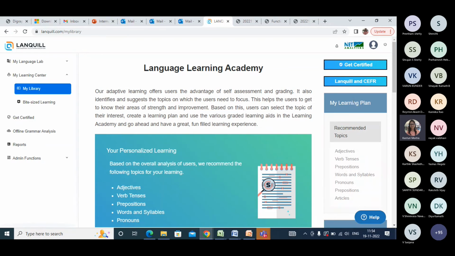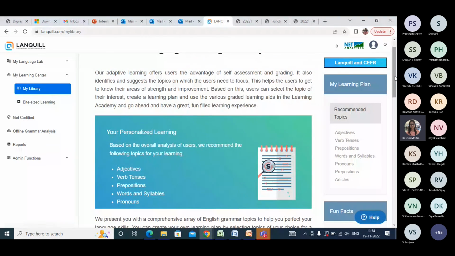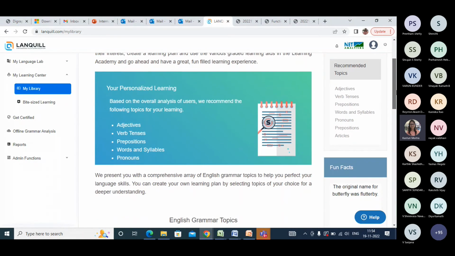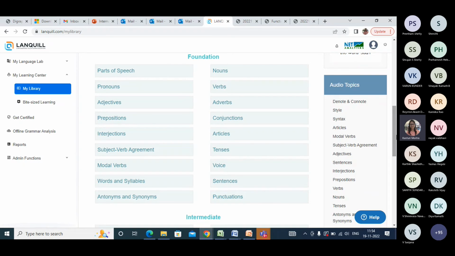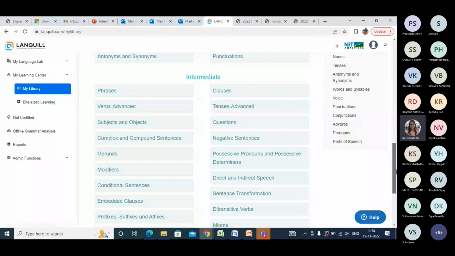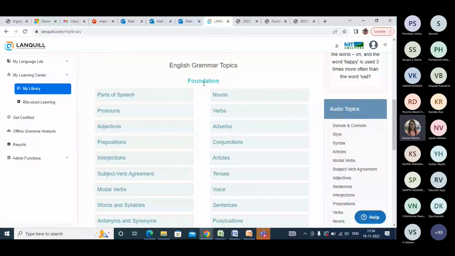It is quite adaptive in nature. It is planned as per everybody's individual requirement. It is not the same and general for everyone. It is very, very adaptive in nature. And here Lanquill has catered from the very foundation elementary level to the higher proficient level. Basically it starts from the foundation level,